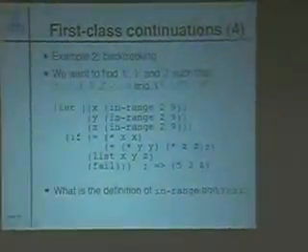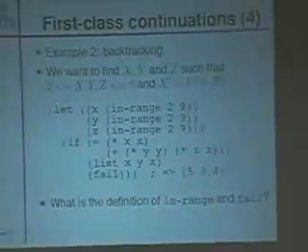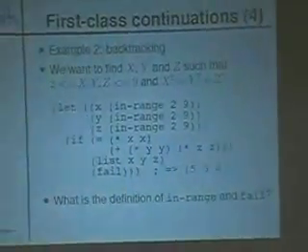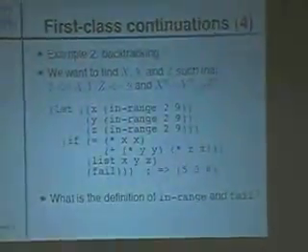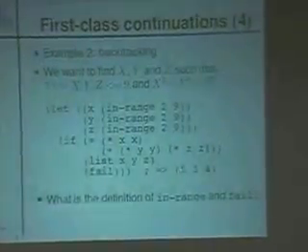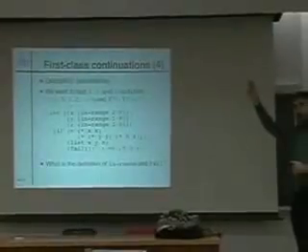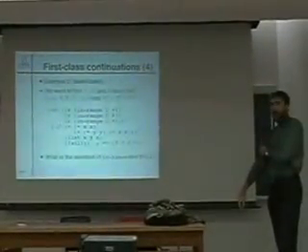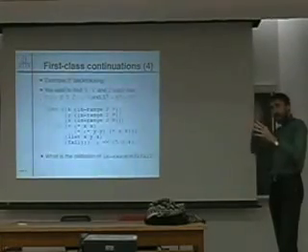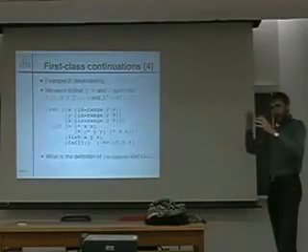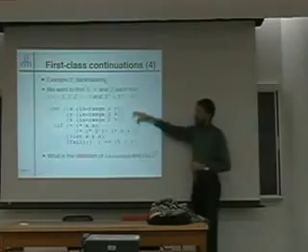Here's a much more interesting example, which is backtracking. Continuations are neat because you can actually call them more than once, which is strange when you first think about it, but it comes in handy in this kind of code. If you have a continuation, you could store it somewhere, a global variable, whatever, and in your code call this continuation several times. So what you're doing is returning to the same place in your computation with different values. And we're going to take advantage of this.